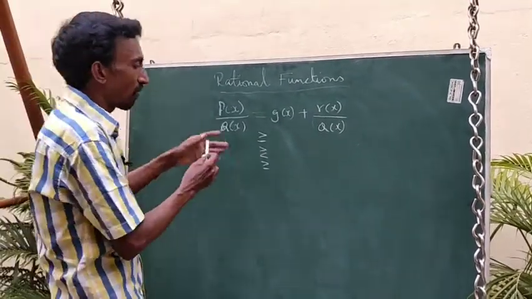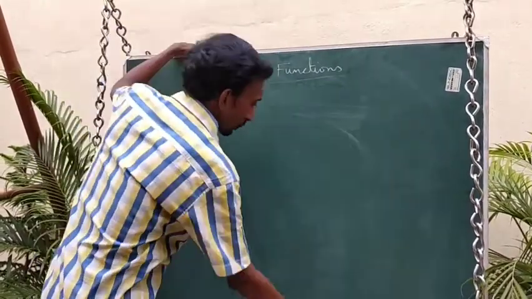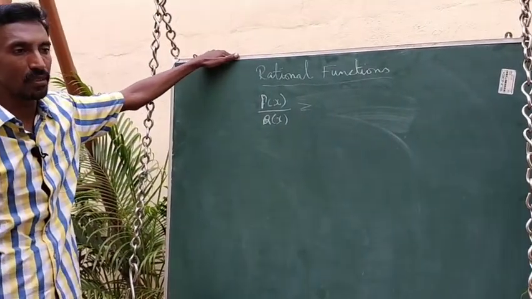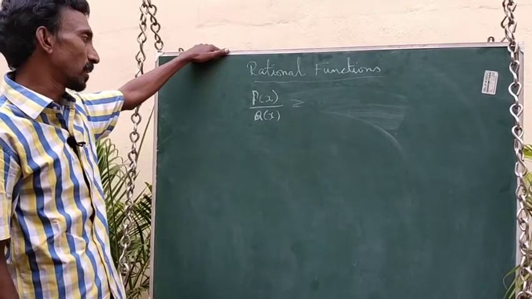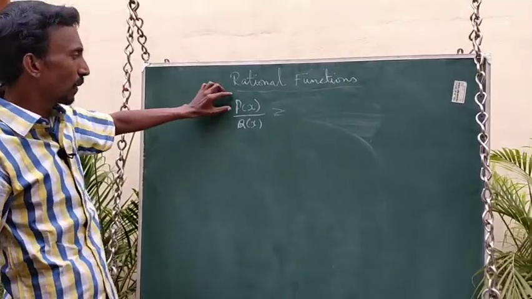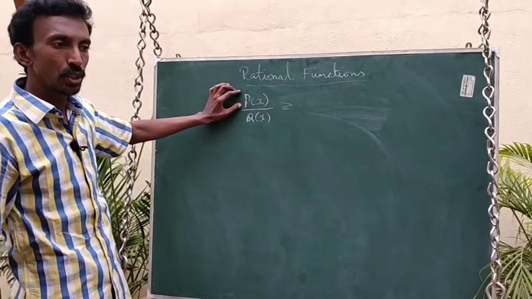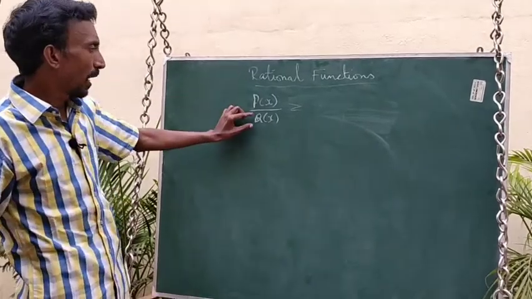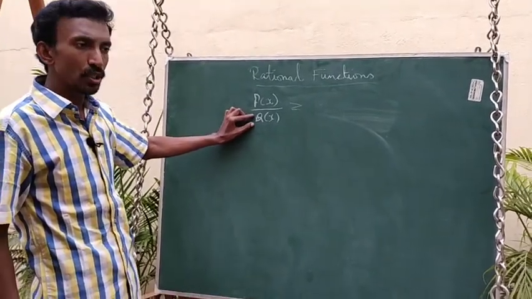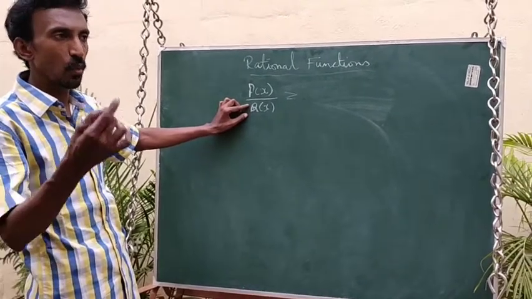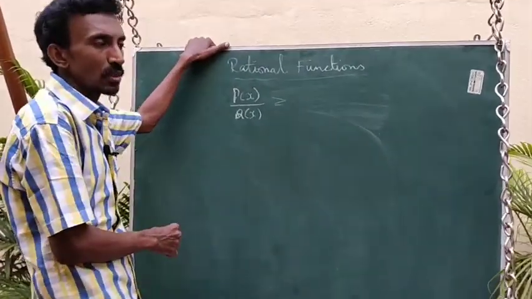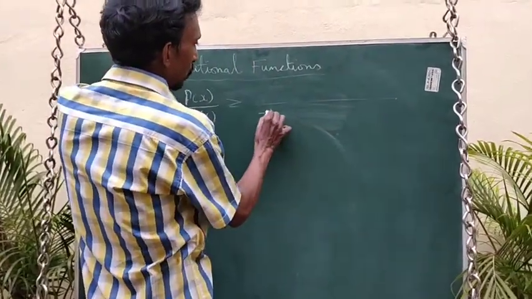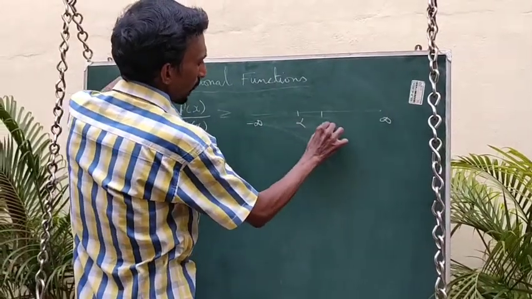Now how can we solve a rational inequality? It is with the sign of the rational expression. For example, if p of x is a polynomial, equate it to 0 and find out the roots. Suppose it has 2 roots. Similarly, equate the denominator to 0 and find out the roots of the denominator. It may be 1. For example, alpha, beta are the roots of the numerator and gamma is the root of the denominator. Now divide the real line into alpha, beta and gamma.